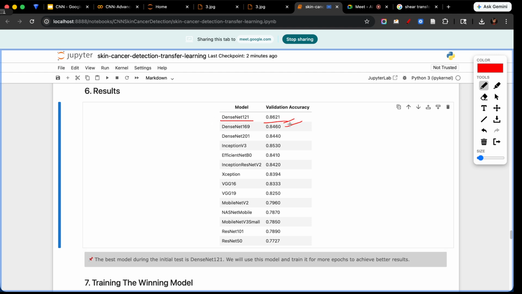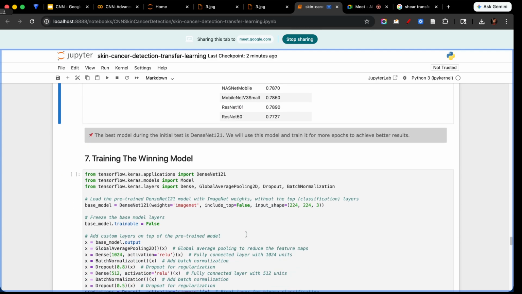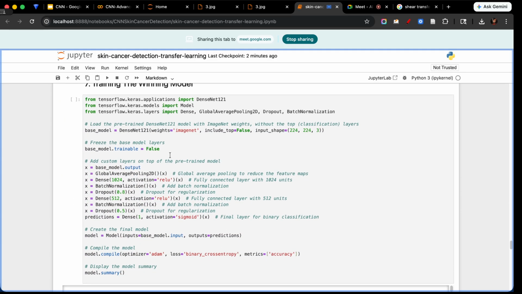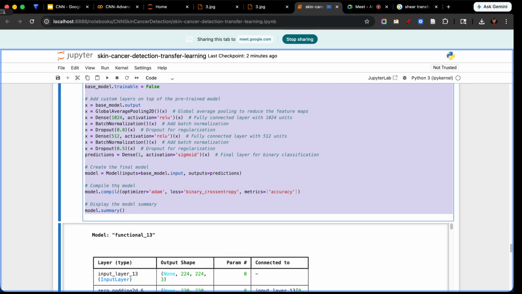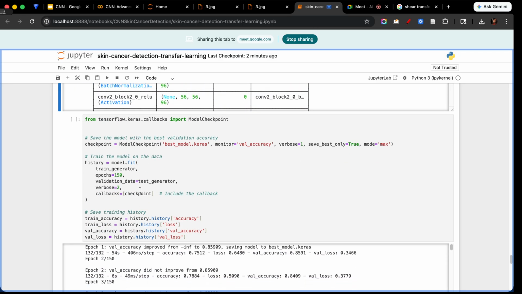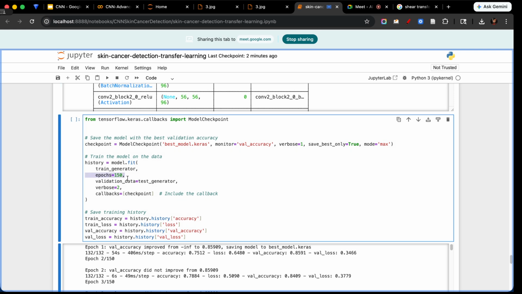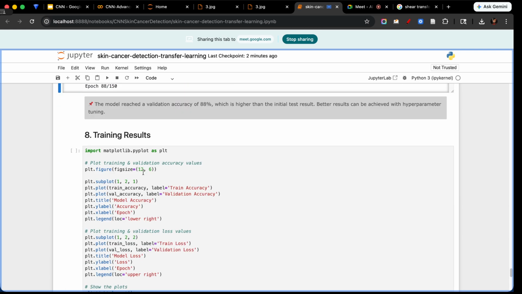Once I've figured out that this model is the best model, I am going to finalize this model and train it for more number of epochs. So I just finalized this model. Here my base model, I've fixed it to DenseNet, and there is no loop. It is just the same thing. I'm training it for 150 epochs. So now I'll do the final training for 150 epochs, and after 150 epochs,